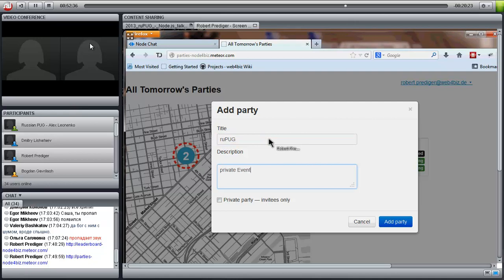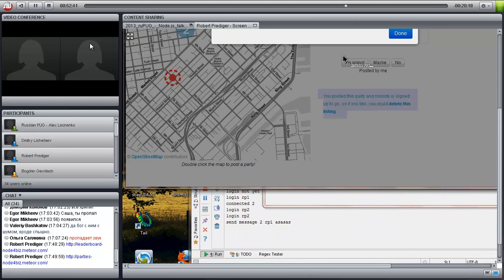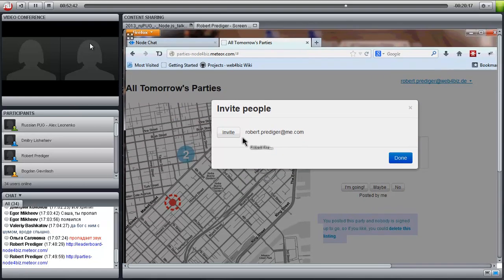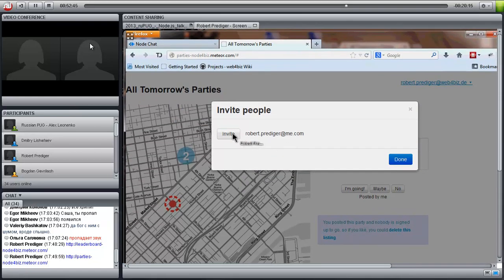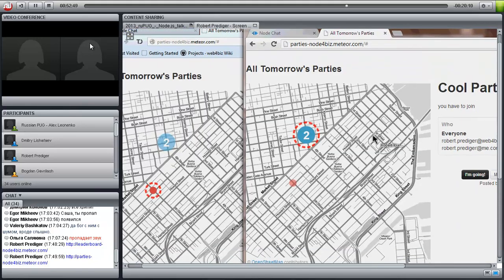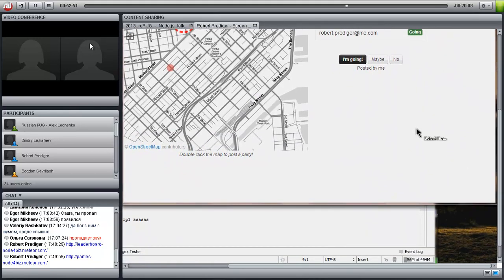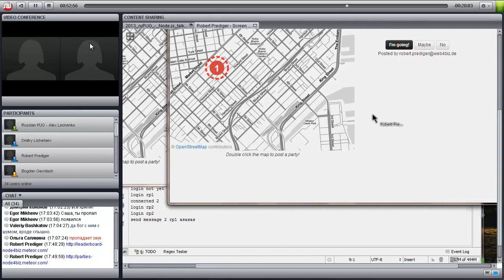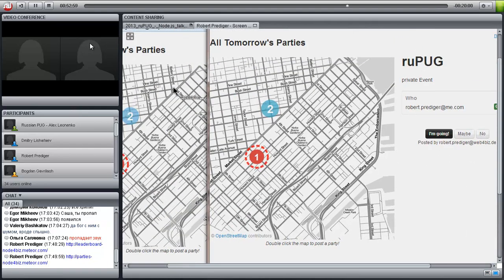Let's do a private party. Then I can invite other people, and after invitation, it's automatically going inside here as well.